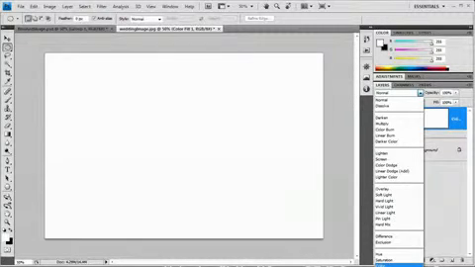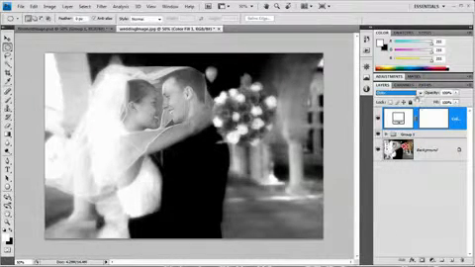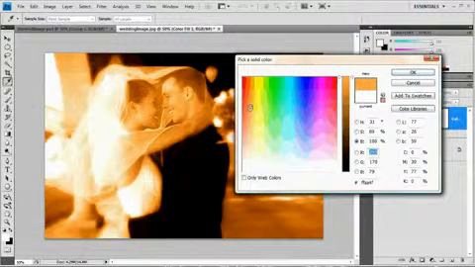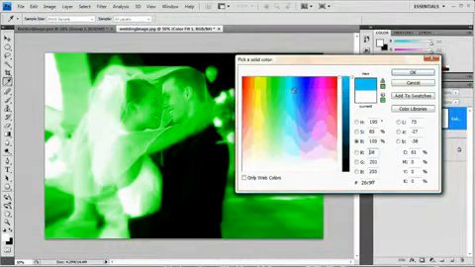I don't know if you can see that. If it's off screen, it might just be on screen. So color. And you can see we've immediately made this like a black and white image. I'm going to double click this color, and we're going to try some different colors. I like sort of an orange effect. It looks pretty dramatic. That's a little too orange for me, but you could do green, you could do blue,